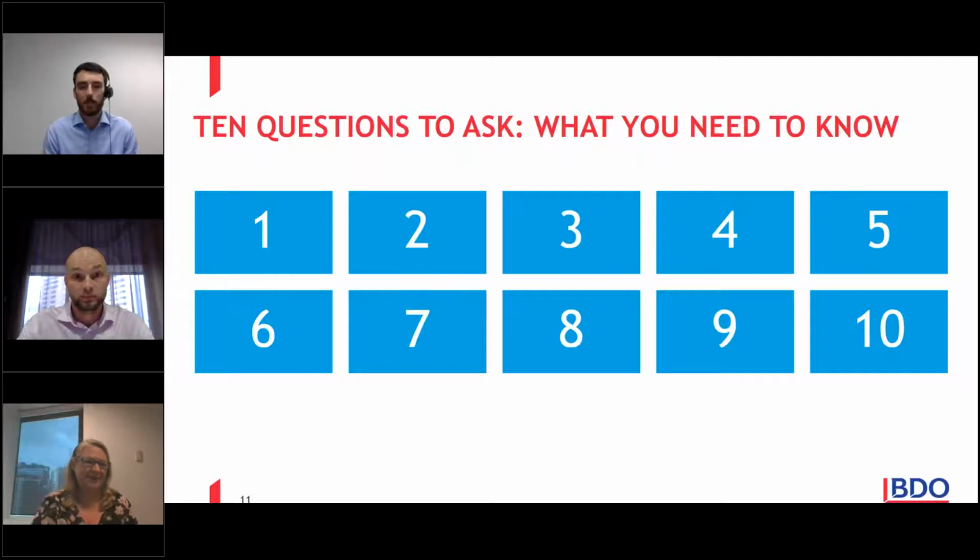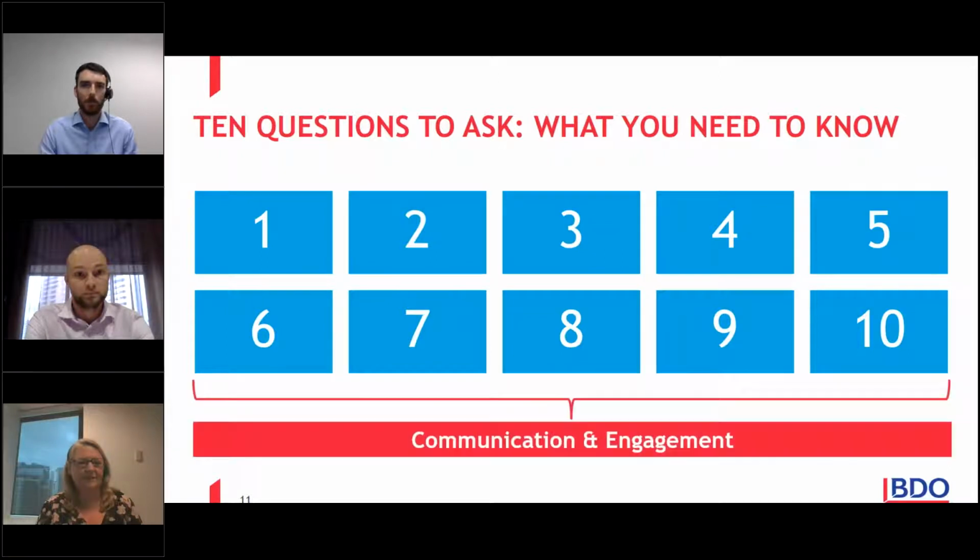The responses you receive from the administrator will definitely help you assess the quality of planning that they've undertaken and whether they can demonstrate the plan is in your best interest and you're able to make an informed decision as the bank. Overall, communication and engagement are the key. And I'll just note, being a VA, we're going to assume generally in these scenarios that the business is continuing to trade. So we're just going to pop down to slide number 1 now.